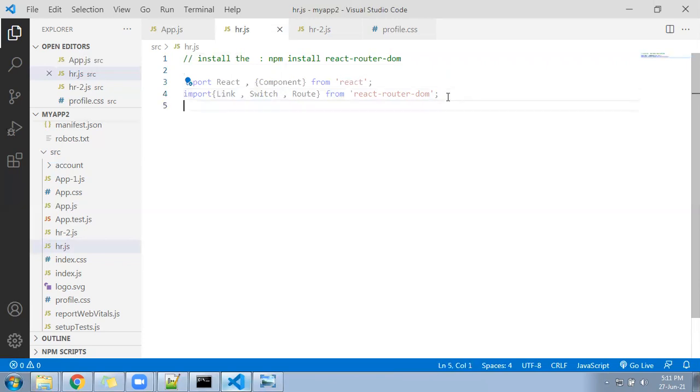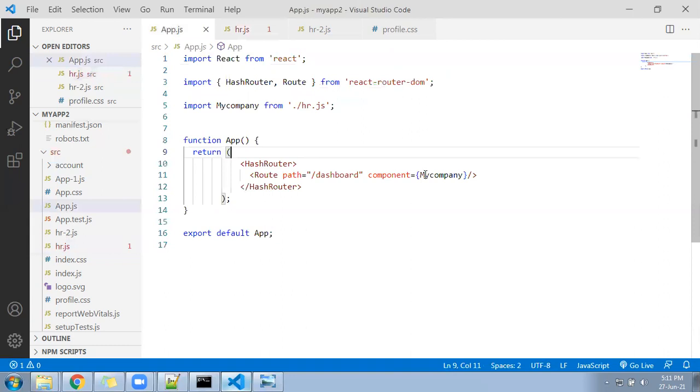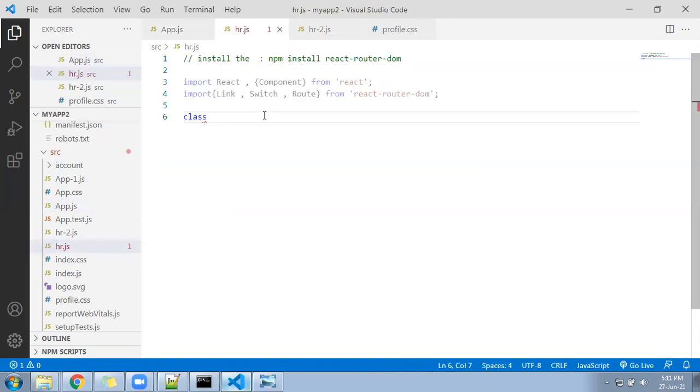Let's come down. So I imported the React and then I imported the component. What is next? Next I need to create a class. So I'll write here a class. Class name, what I should give, that you can see in my app.js file. I have already written here called my company. I will follow the same class here, and extends I need to follow here. Which component? That is called parent component.